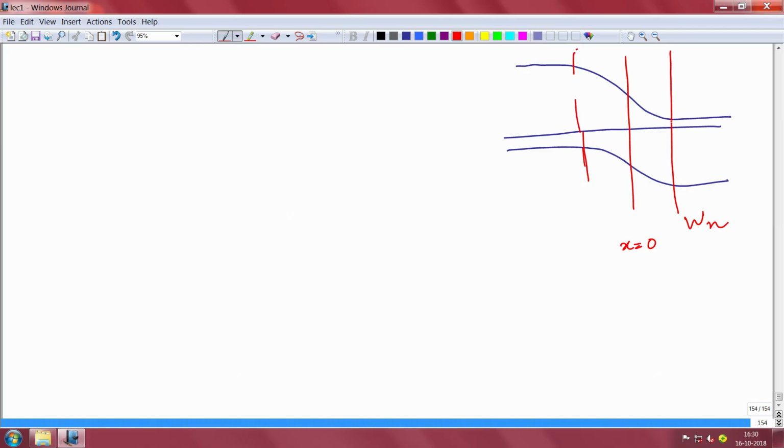The field exists here. There's no field in the neutral region, which is this region, there's no field. Okay, the field only exists in the depletion region. So now we have to understand that in this region